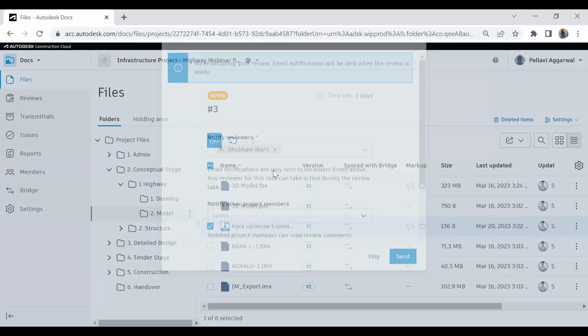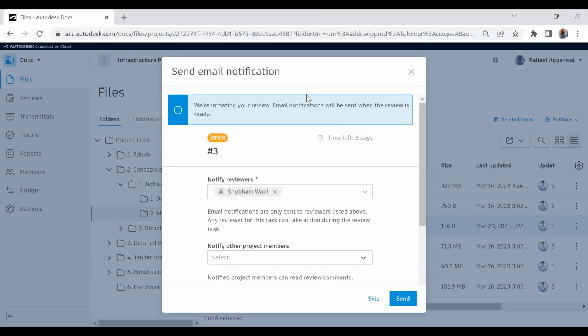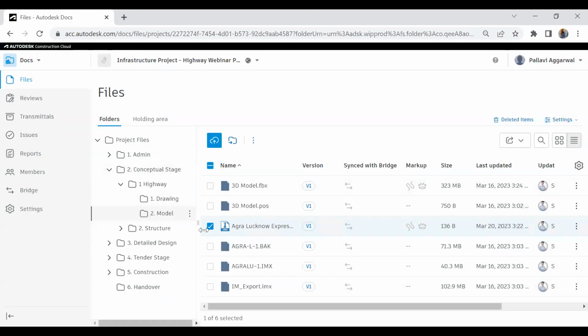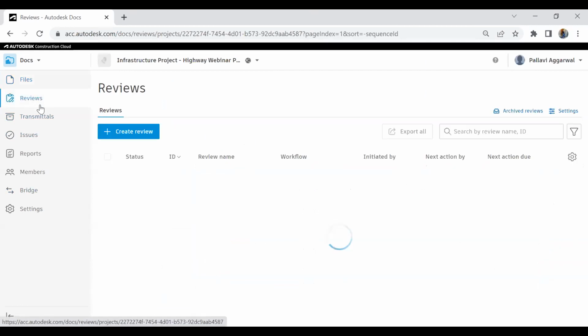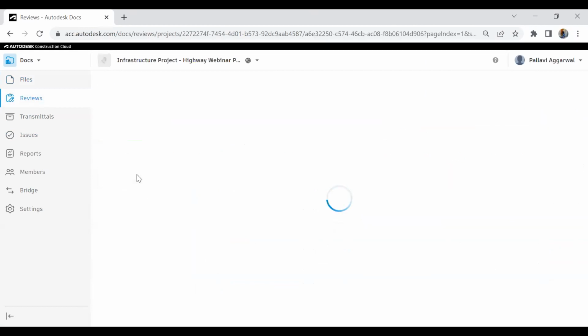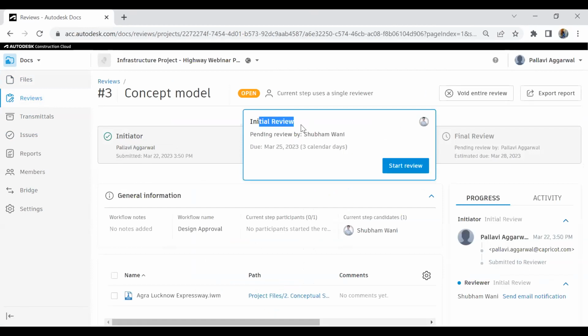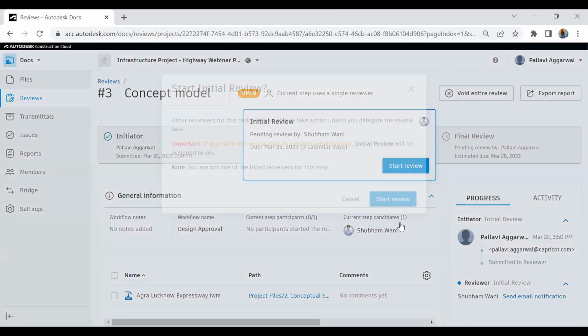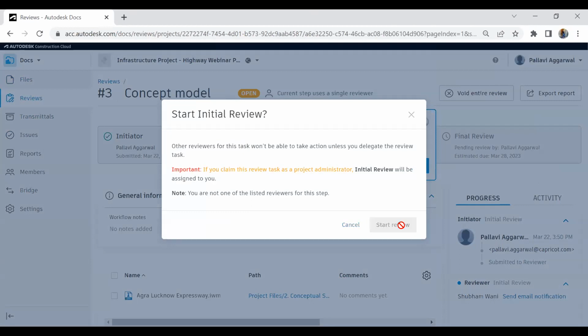Now, when I click on submit, it automatically generates this pop-up that an email notification will be sent to the reviewer who is next responsible for it. For now, I am skipping the review email process because it is the same as the issues which Shubham will receive. And if I go to the reviews, you can see that this review is now open. When I open this, it is in the initial review phase. That means it is pending from Shubham's side and he has to start the review. Since I am the project admin right now, I can start this process and show